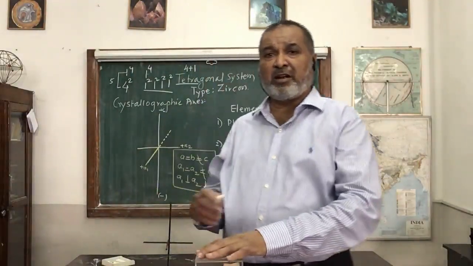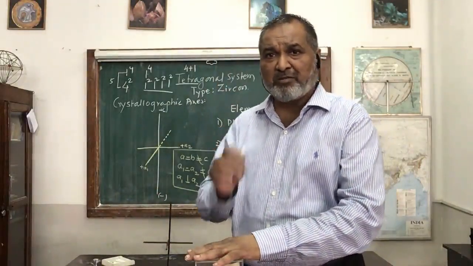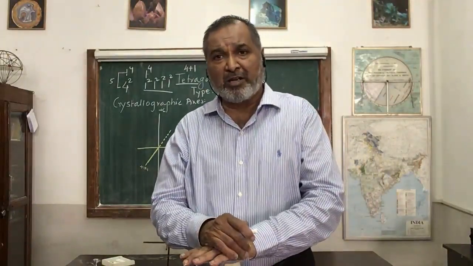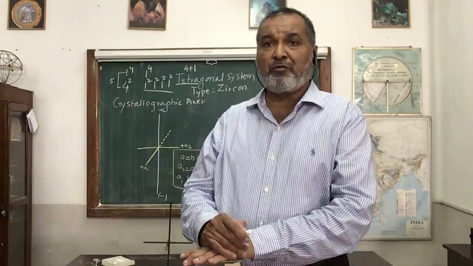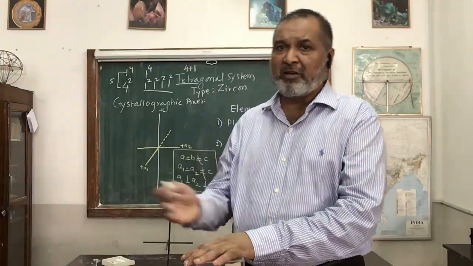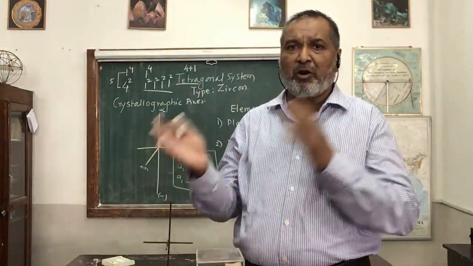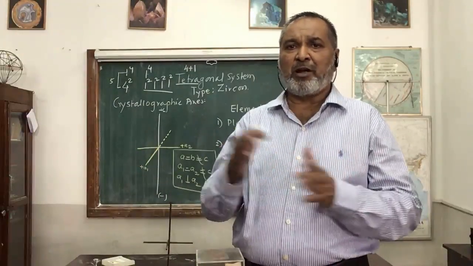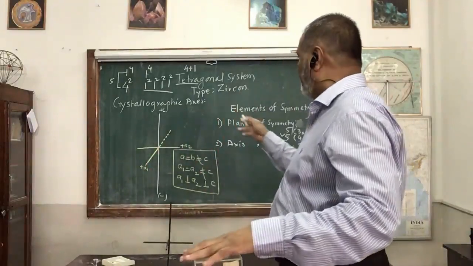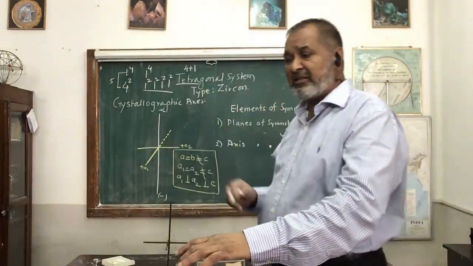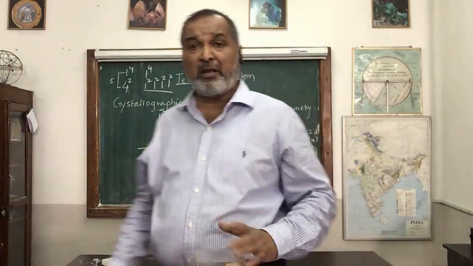And in the next line you have to write down the elements of symmetry first. Planes of symmetry: there are 5, 4 vertical and 1 horizontal. And next, axes of symmetry: 4 of 2-fold and 1 of 4-fold. You can write 4 of 2-fold, 1 of 4-fold, or 1 of 4-fold and 4 of 2-fold, whichever; that will give you the correct one. 5 planes, 5 axes, and center of symmetry present.